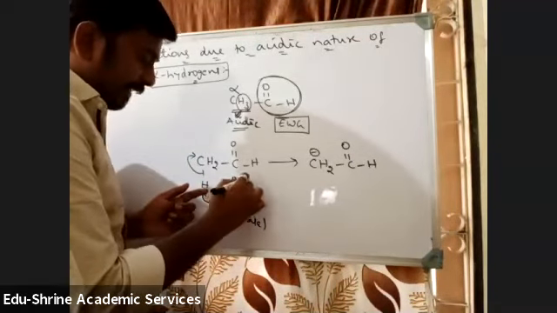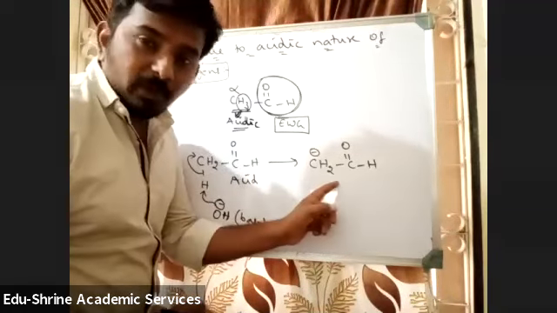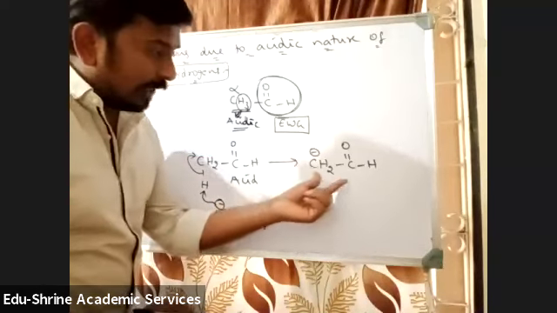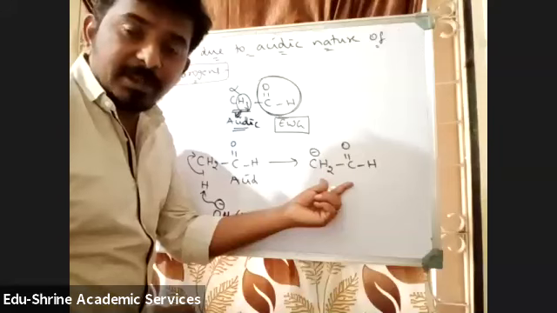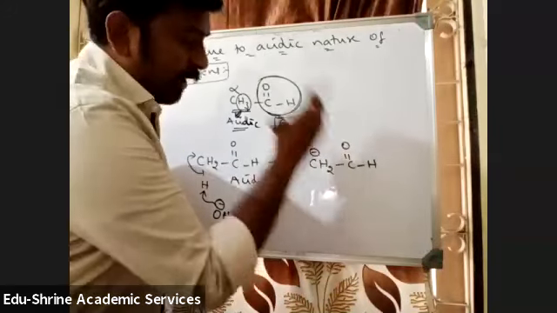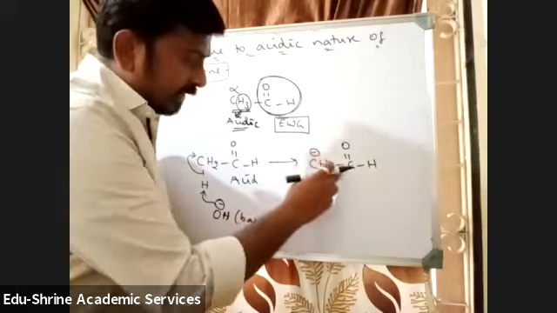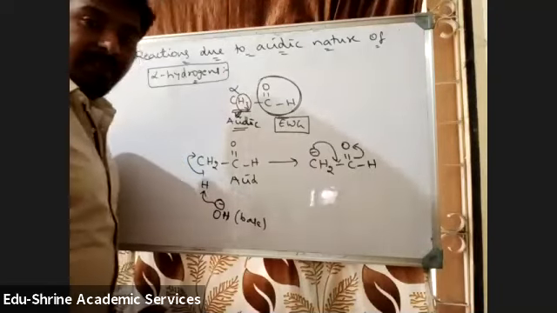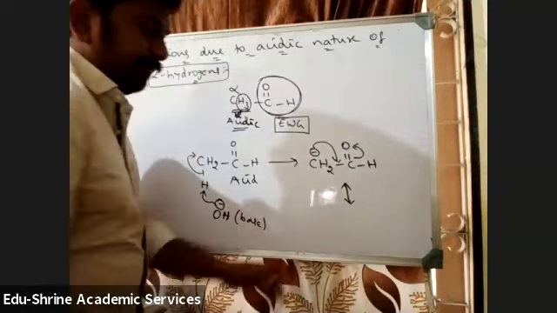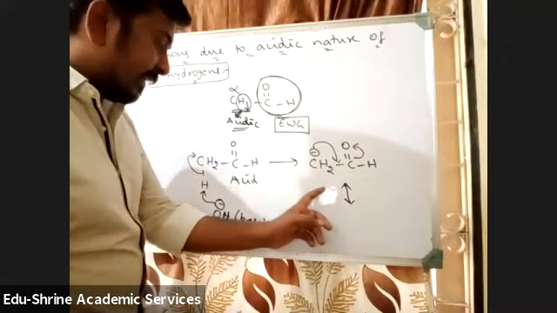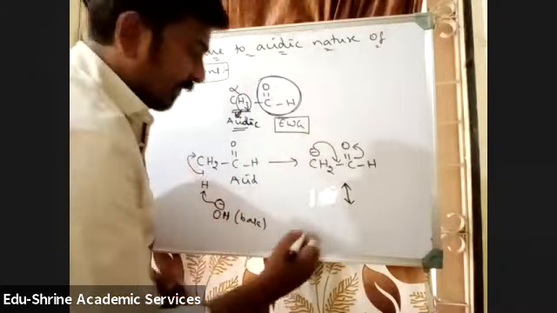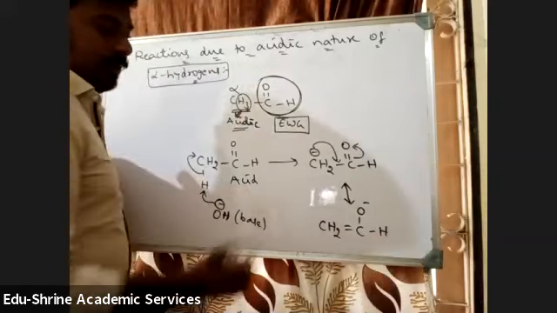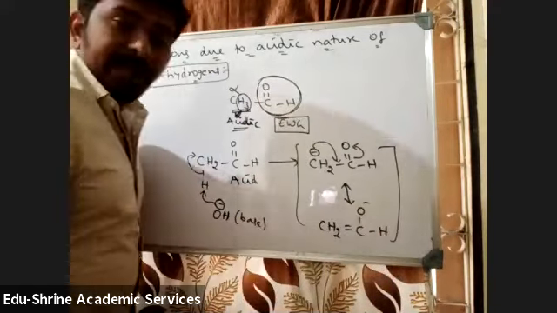If this is acting as an acid, then we will get an anion from the acid. If this is stabilized, then we tell that the compound is more acidic. Is this stabilized, students? Is there any chance of resonance here? Yes. Negative charge, single bond, double bond is a conjugated system, so there is a chance of resonance. Due to resonance, this is more stabilized, so it will be an acid. You will get CH2 double bond C, O minus, H. These are the resonating structures of the anion that is formed here.